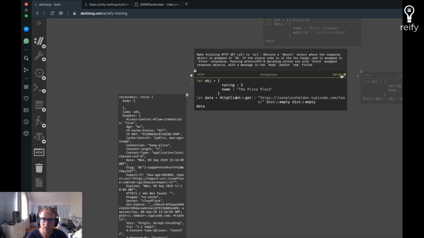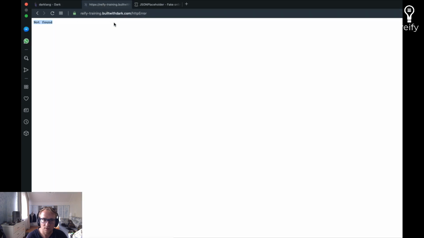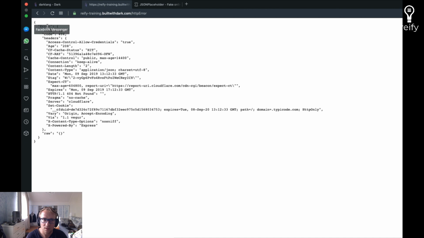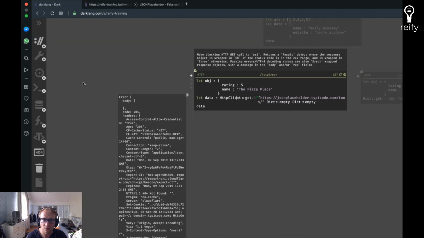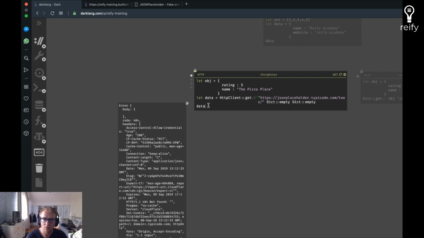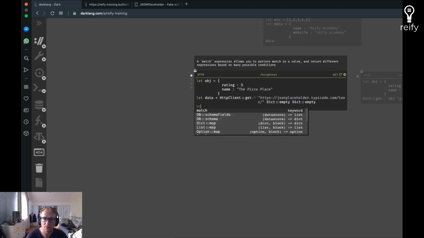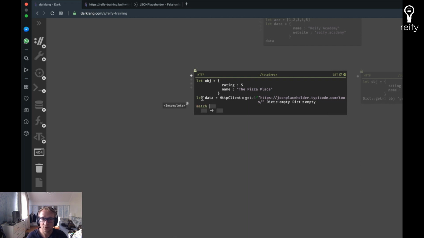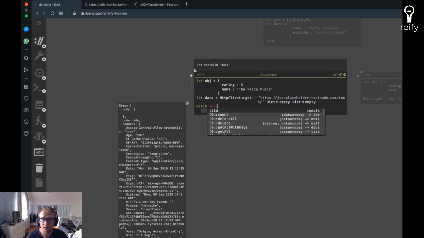And now if I run this again, you'll notice a small difference: there's no error rail anymore. There's this error object. And if I run this, we get an error object here, which we probably want to give to our users. What we can do with the error object is match on it. Match is similar to case in languages like Elm, and I believe in Haskell it's something like case too. It allows you to, based on the type, do different cases. So if we say match data,